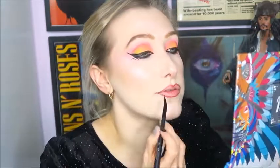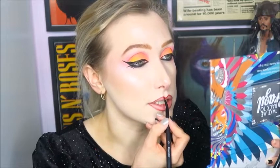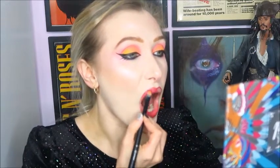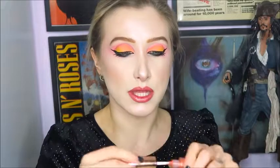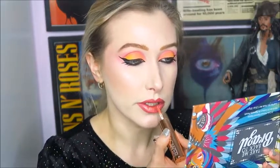And as you can see, I have overlined my lips slightly and really exaggerated the shape of them. I do have quite a prominent Cupid's bow shape anyway, but I have just exaggerated that a little bit. And then I'm just going to go in with the Flower Beauty Mix and Matte Duo, and this is in the shade Melon Kiss, and I'm just going to use this just in the centre of my lips here,